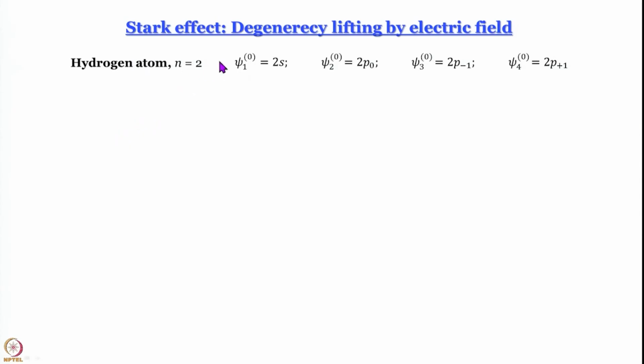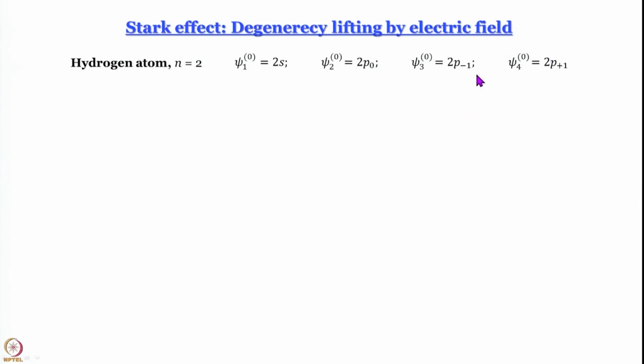Now, we are talking about the Stark effect in the hydrogen atom. Okay, n equal to 2. For n equal to 2, what are the orbitals? The first wave function is 2s, the second one is 2p0, the third one is 2p minus 1, the fourth one is 2p plus 1. And once again, even though it might have become a cliche, please do not forget that 2p minus 1